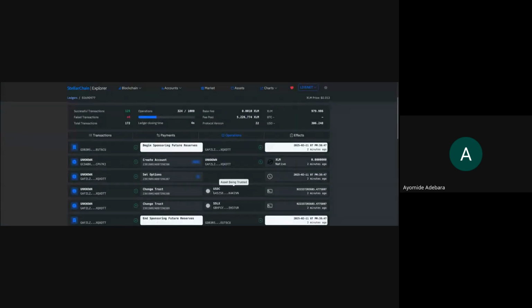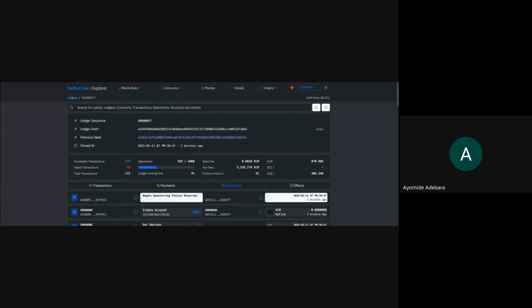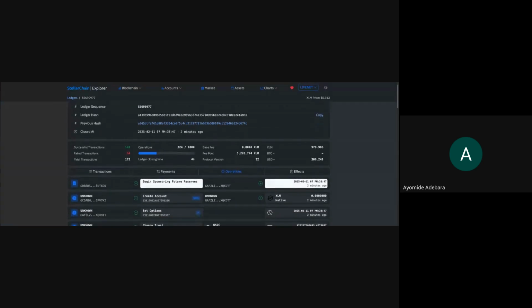I mentioned that I was going to touch operations later on, but I didn't touch operations and transactions. So what are operations and transactions?